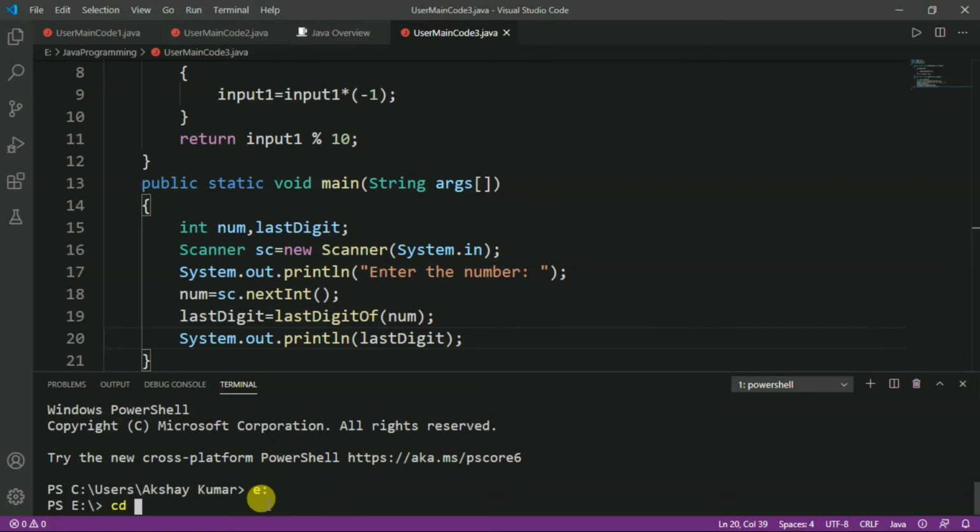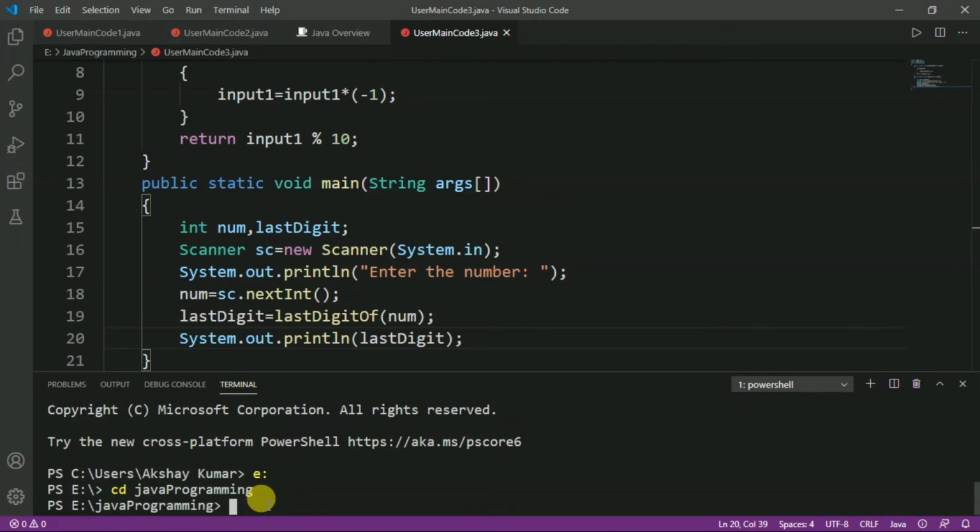So here we have to write the folder name and press enter. Now to run the program, we have to write javac and the program name, that is UserMainCode3.java.